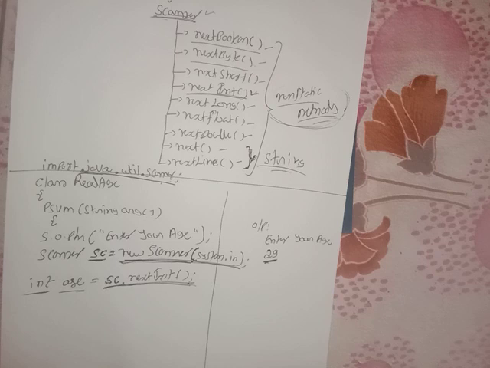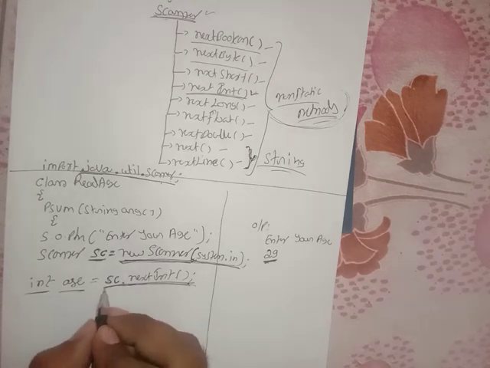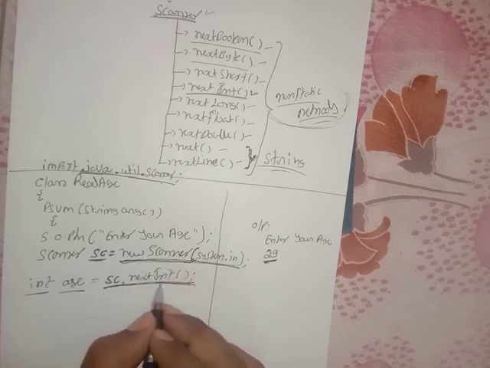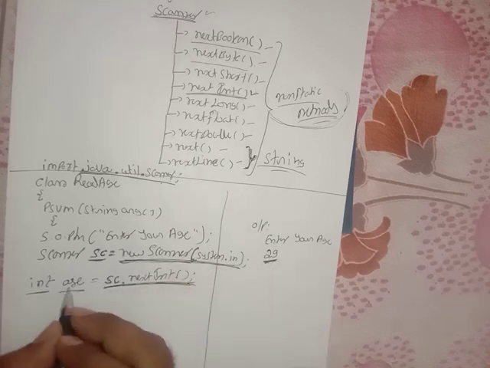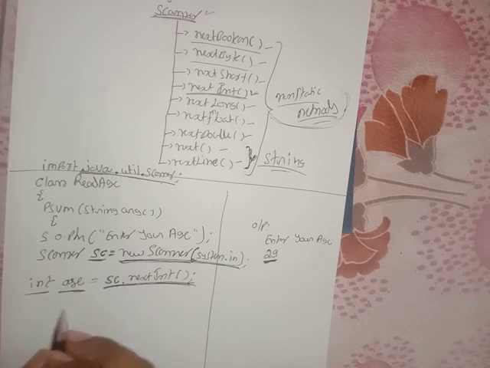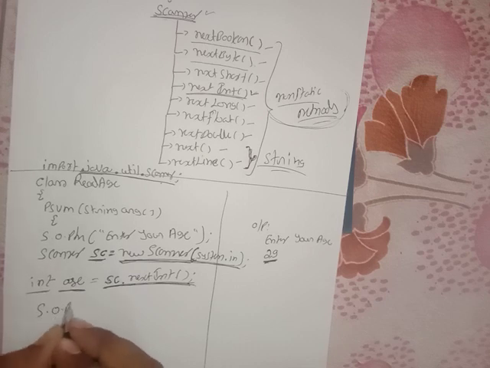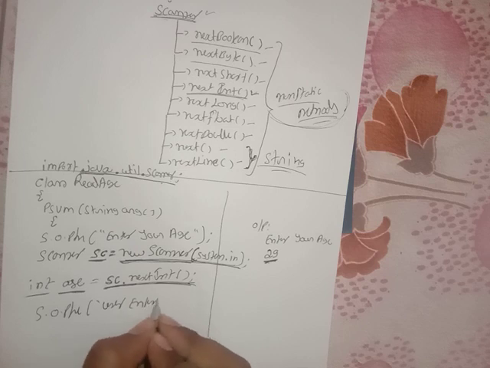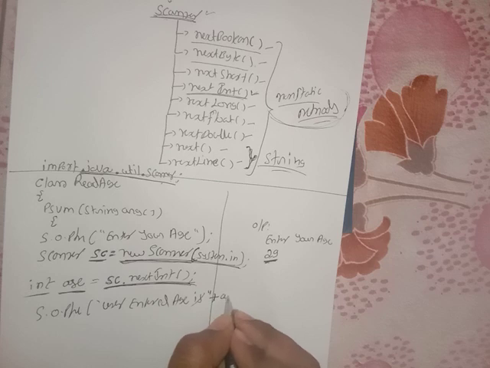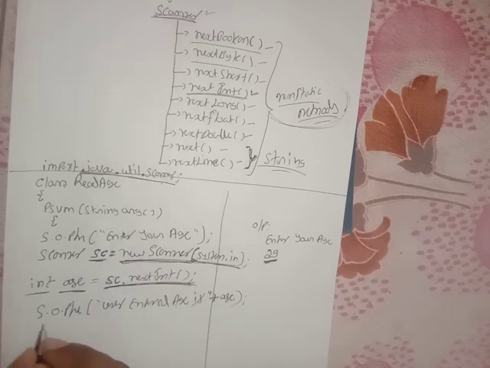So I am using int. Okay, see, like this, if you want to read an integer, first you have to create a Scanner class object. By using that reference you have to call the method. When you call that method, it reads and returns whatever we read, and that I stored in the variable age. Now I want to print System.out.println user entered age is. Okay, here you have to use the plus to concatenate. User entered age is what? That I stored in the variable age.